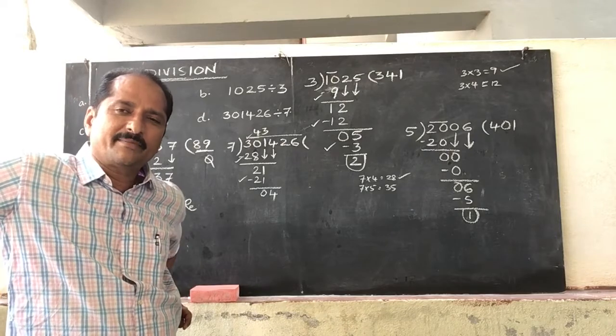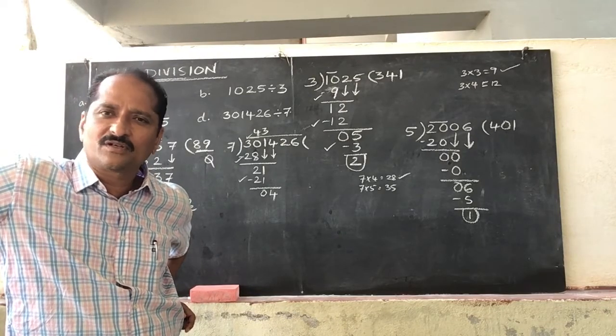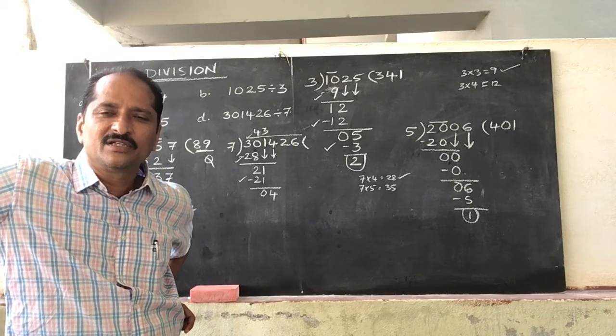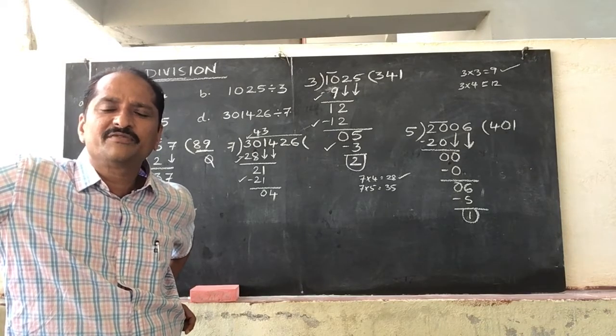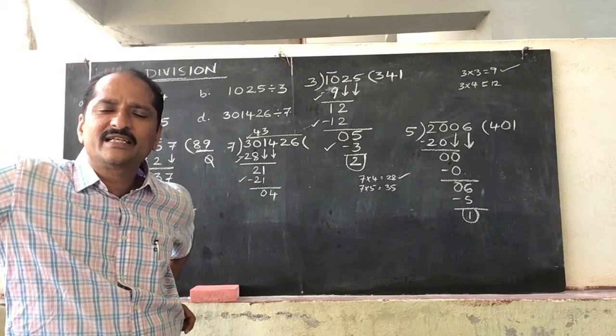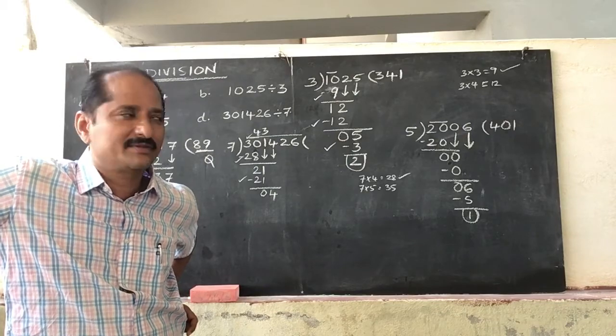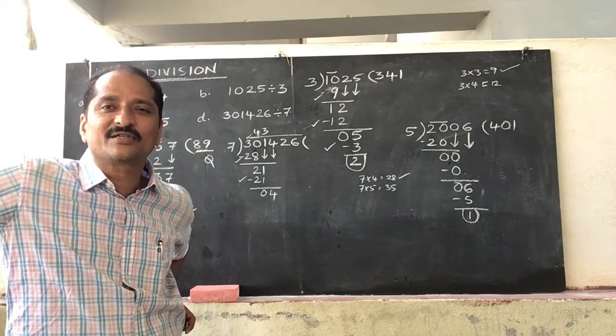Now how much is the remainder? 4. Now is there any 7s in 4? No, because 4 is less than 7. So here 4 is not divisible by 7. So what can you do? Don't say it is not divisible. It is divisible for 0 times. That 0 is important to write here.